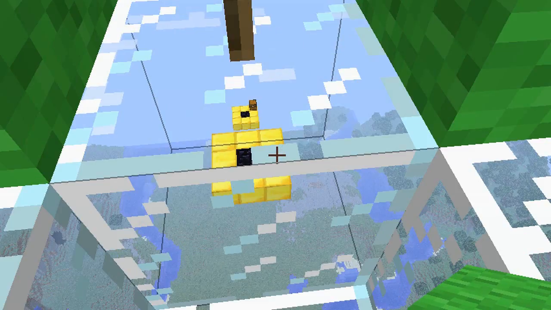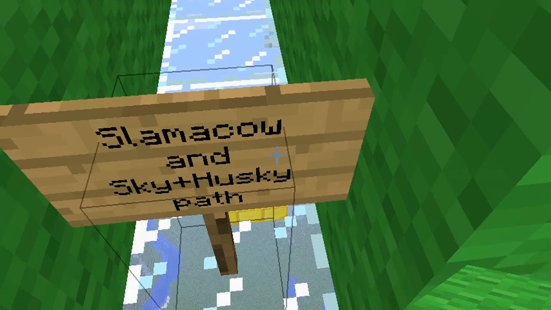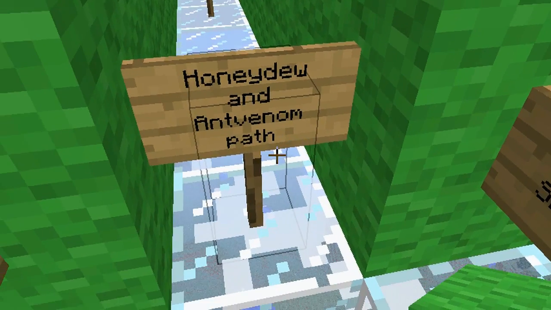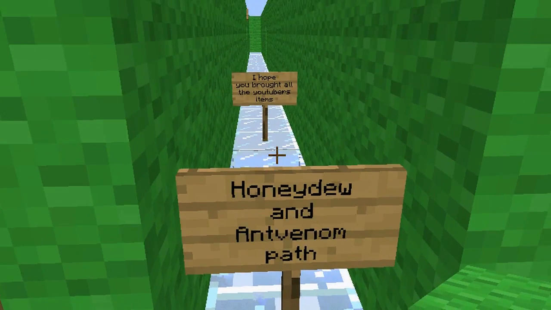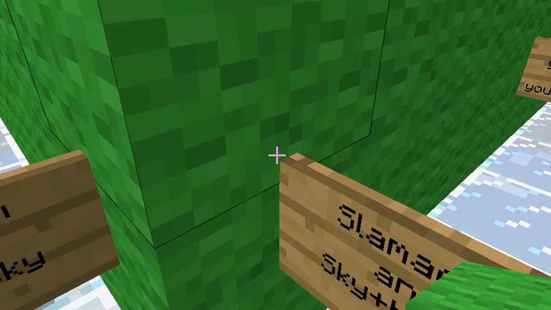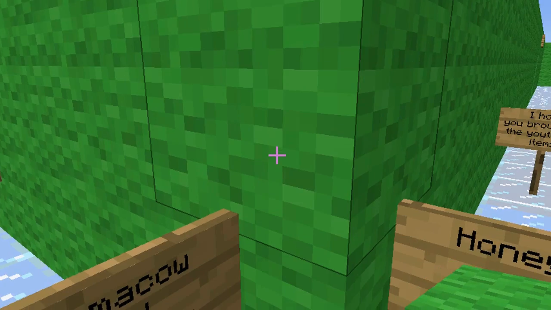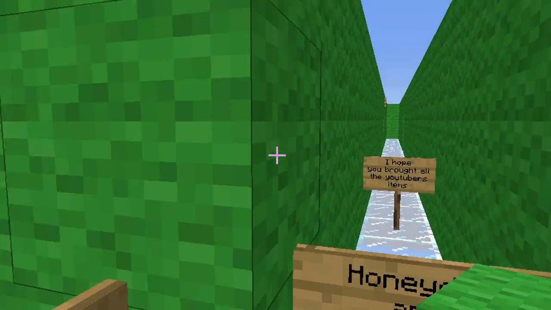Alright. Slime cow and Sky plus Husky's path. Okay, so Sky and Husky are working together. Honeydew and Ant Venom path. Ant Venom and Sky and Husky. So Sky and Husky is this one. Slime cow is this one. Slime cow and Honeydew. Honeydew is this one. Honeydew and Ant Venom. Ant Venom is this one. Honeydew is this one. And then this says,